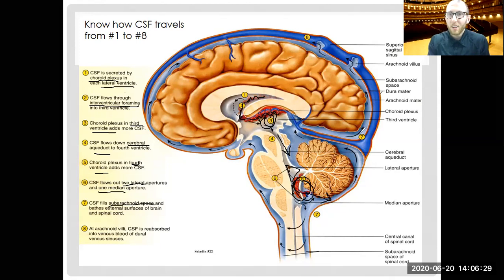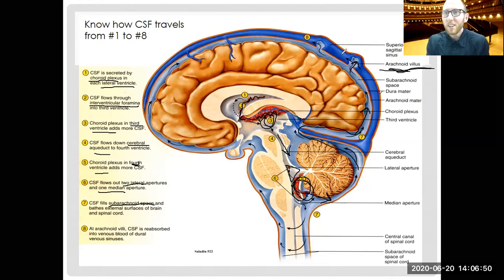And now we know that is up in here, kind of travels up and around, surrounding the brain and cushioning it as well. But when we're done with the CSF, it goes out those arachnoid villi or arachnoid granulations into the superior,